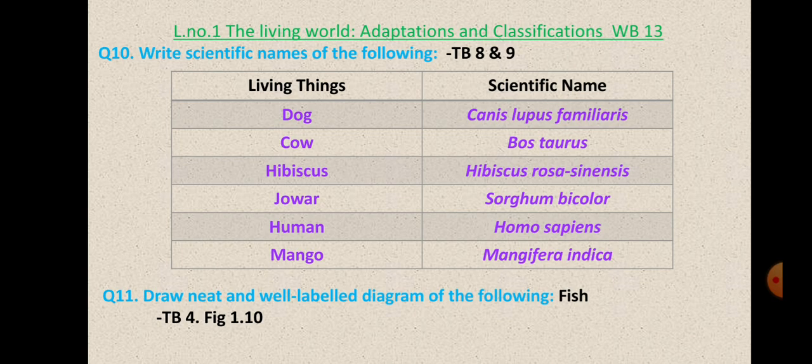The open-ended questions are given, which you are supposed to write on your own. First one is, what are the different types of plants in your surroundings? If you have pots at home, you can write the names, common names you can write. And if you have a garden down near your building, or if you have visited any garden, you can just write the names of those plants, common names. Second one is, which animals stay in your house? How are they adapted? So if at all you have any pet, you can write about it. How do they get adapted?